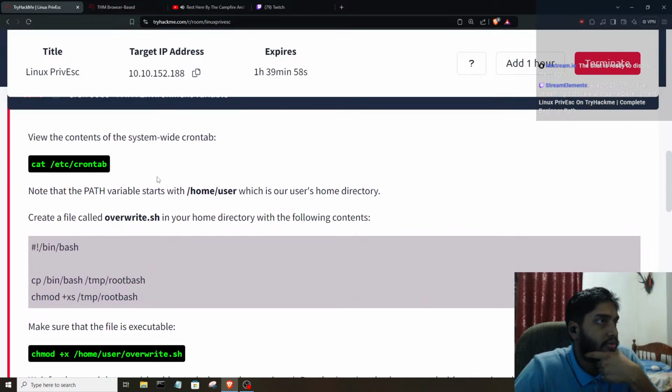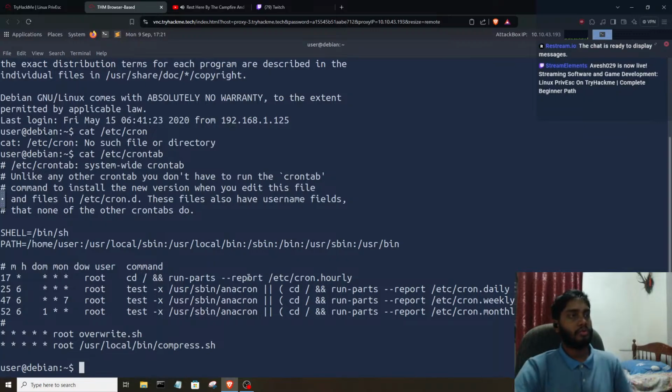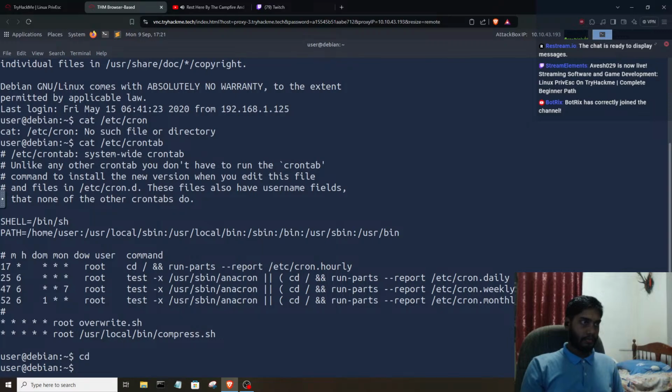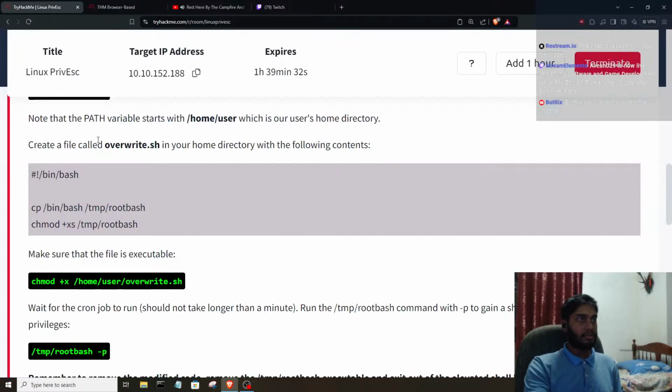Note that the PATH variable starts with /home/user, which is our user's home directory. Create a file called overwrite.sh in your home directory with the following contents. Okay. Make sure the file is executable. So let's go to our home user. cd home. There we go, let's pwd. So yeah, we are in the home user directory, and we are going to create a file called override.sh in